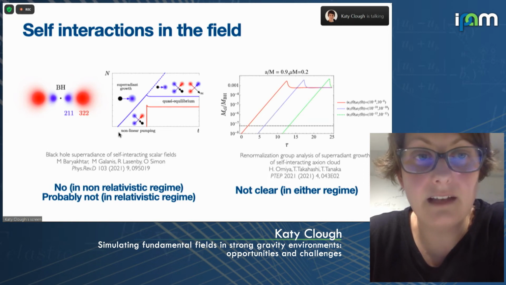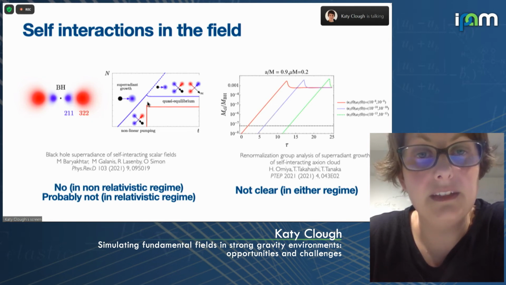What they found from their calculations is that you would get a period of superradiant growth. But once the self-interaction started to be important, you would saturate before you reached the stage at which a bosenova would happen. And this saturation relates to transitions from this superradiant state into higher modes,